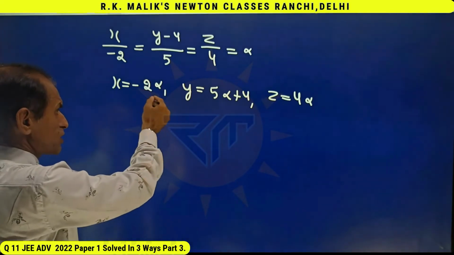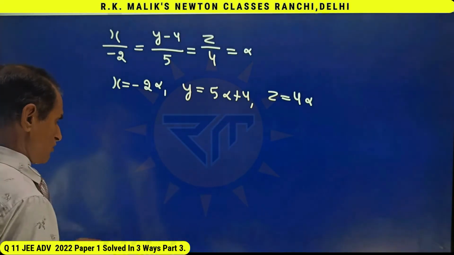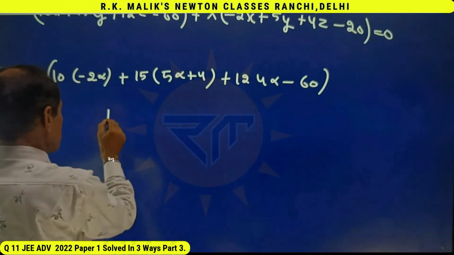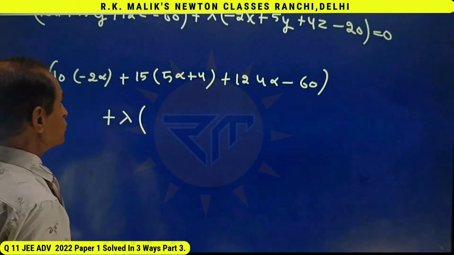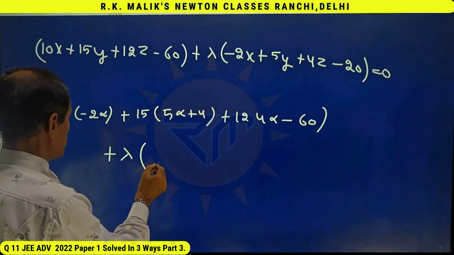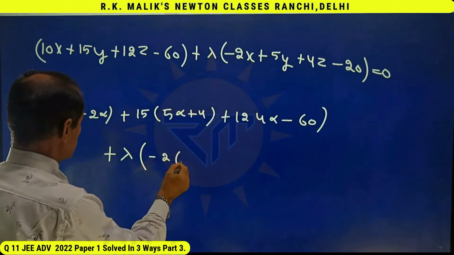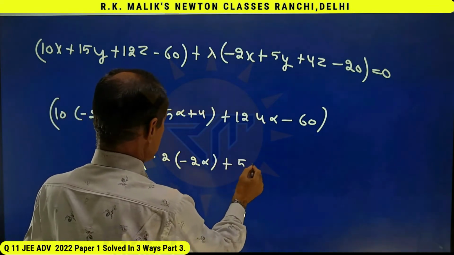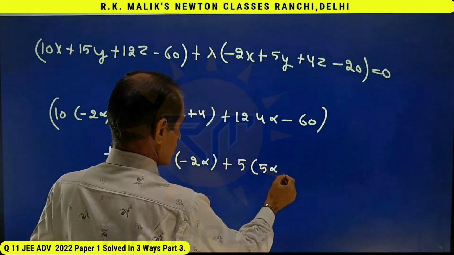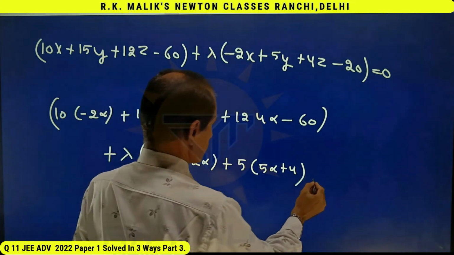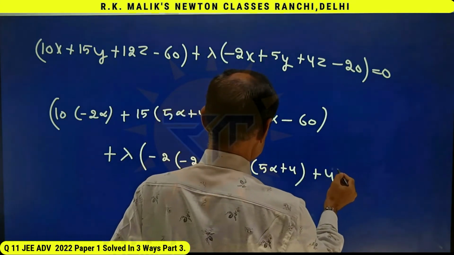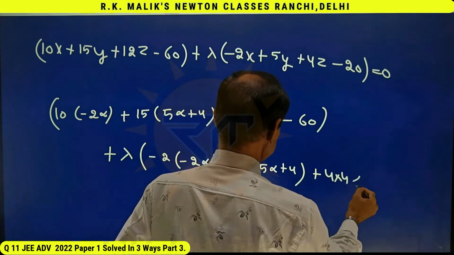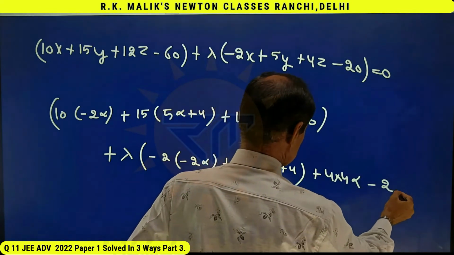Note that the point was minus 2 alpha, 5 alpha plus 4 and 4 alpha, plus lambda into minus 2 into minus 2 alpha plus 5 into 5 alpha plus 4 plus 4 into 4 alpha minus 20